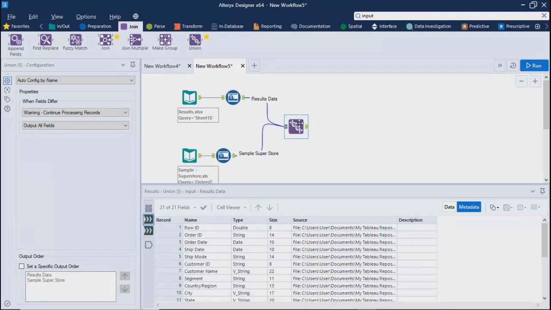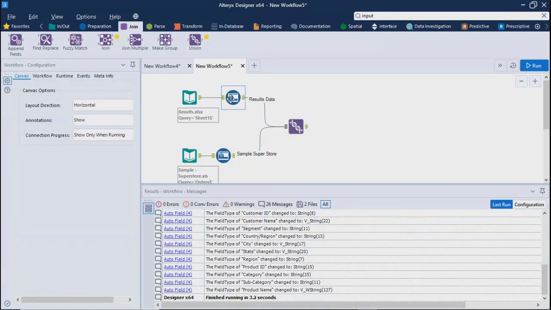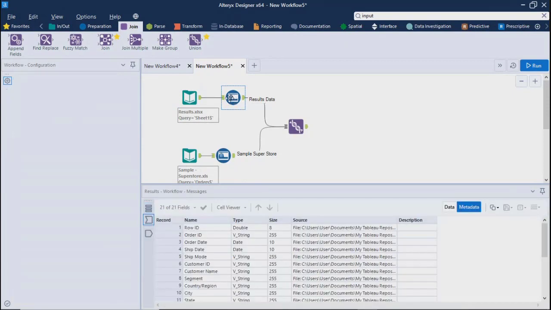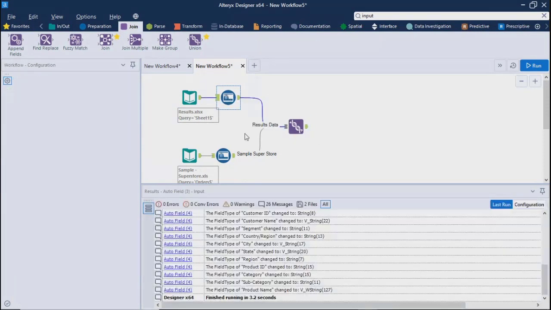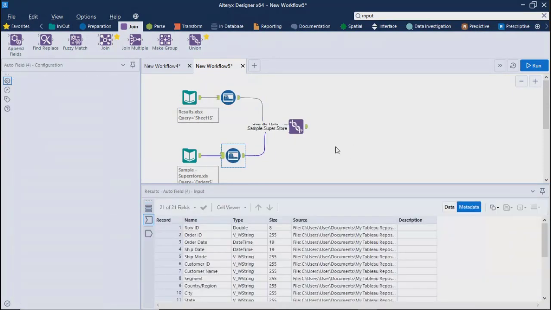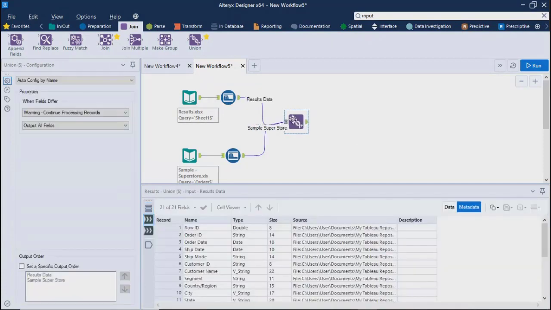Okay, in the other two things, what is this blue icon? This is Autofield. Okay. Autofield only converts the data type automatically, which is coming as an input. In case you don't want to use the auto tool, you are not bound to use it, but it's a good practice to use it because it will convert the data types into required format.